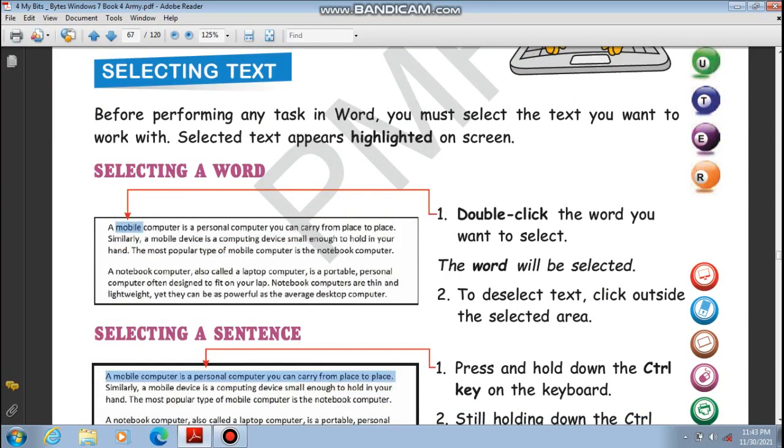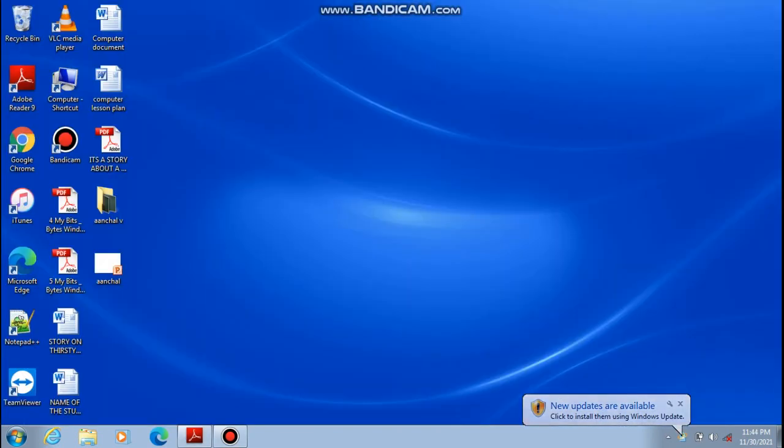Before selecting the text you must know how to open MS Word. So here on my screen I'm going to share with you how you can open MS Word on your desktop or laptop. First of all, you have to go to the Windows screen.